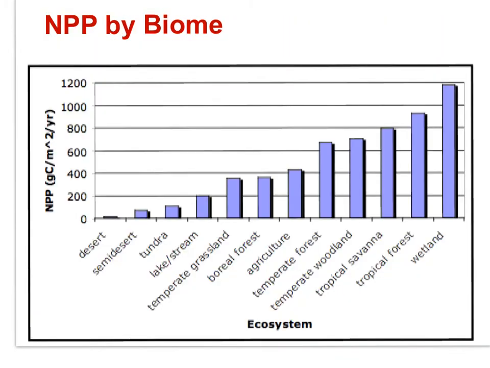Here's a slide displaying the net primary productivity in grams carbon per meter square per year across various biomes. I've shown you information of this sort previously, but the information here is displayed differently. You can see that the NPP of savannas and temperate grasslands lies between the NPP value of tropical forests and deserts. Savannas experience slightly warmer temperatures on average, thus their NPP values would be slightly higher than that of temperate